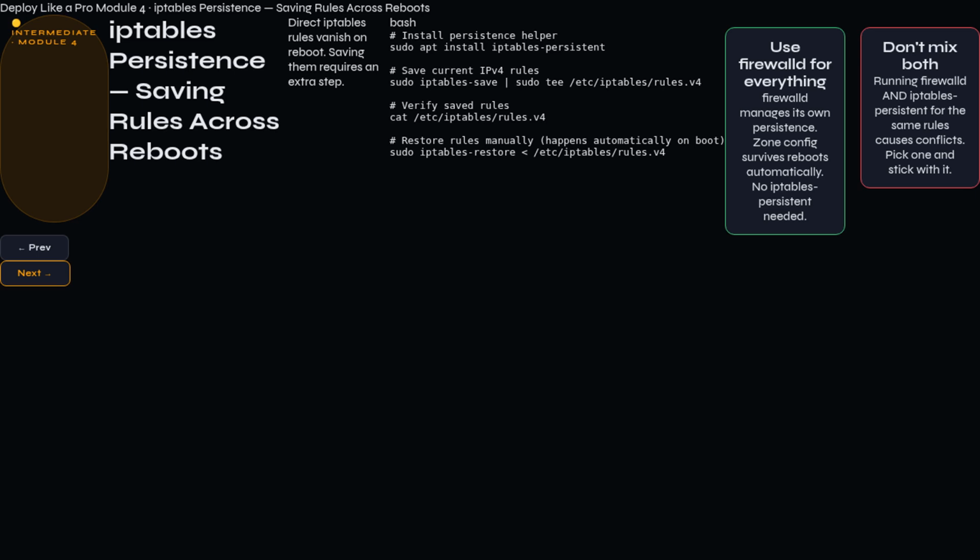But if you've added direct iptables rules for advanced purposes, you need to save them. Check if iptables-persistent is installed: dpkg -l iptables-persistent. If not, install it: sudo apt install iptables-persistent. During installation, it asks if you want to save current IPv4 and IPv6 rules, say yes. Save current rules manually: sudo iptables-save | sudo tee